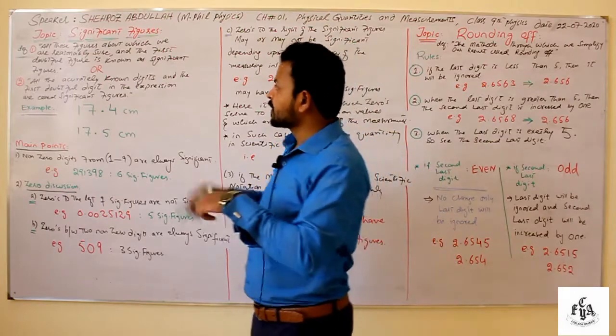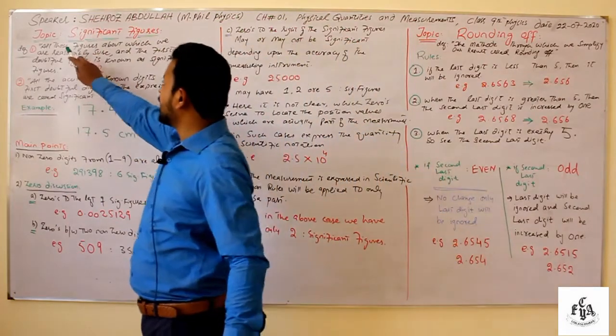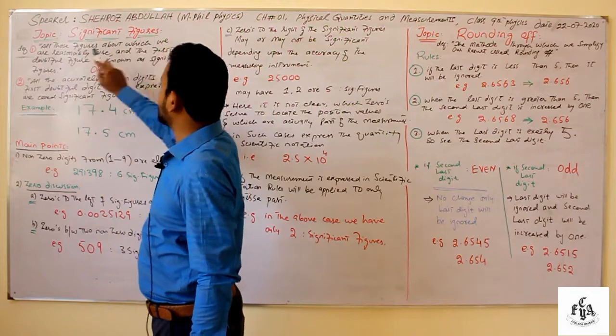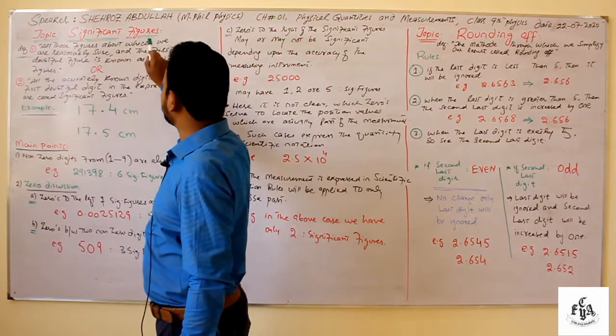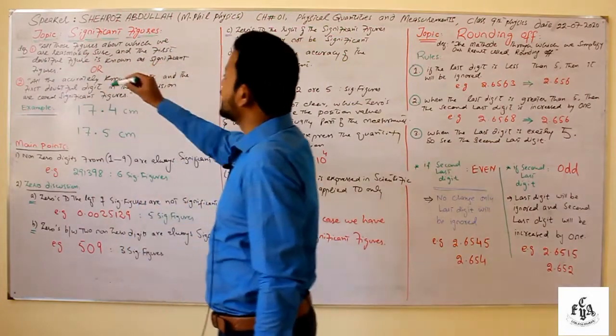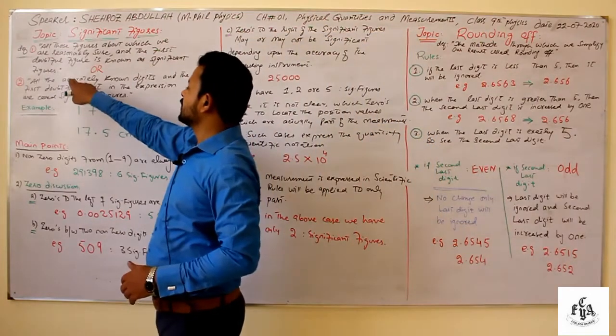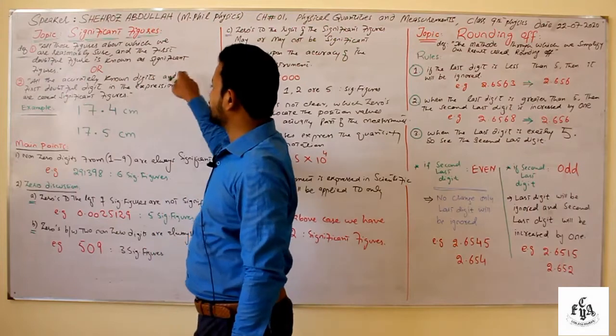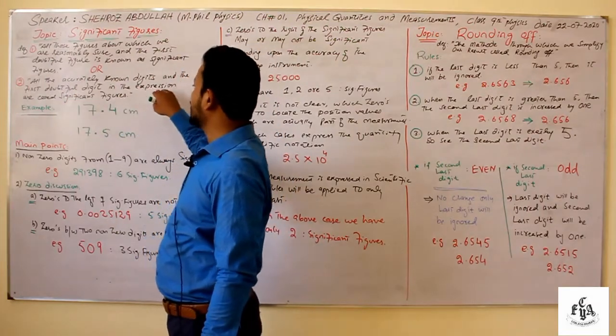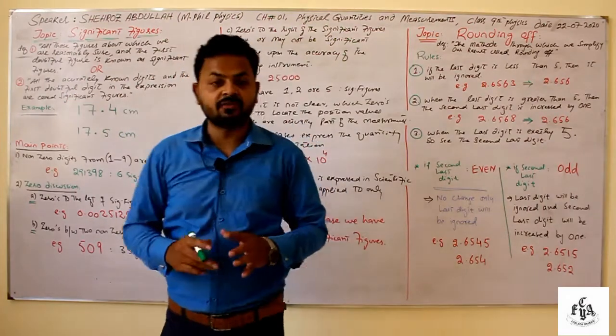Now let's come. Look, we can define it like this: all those figures about which we are reasonably sure, and the first doubtful figure, are known as significant figures. The second definition is: all those accurately known figures and the first doubtful figure in the expression are known as significant figures. For example,